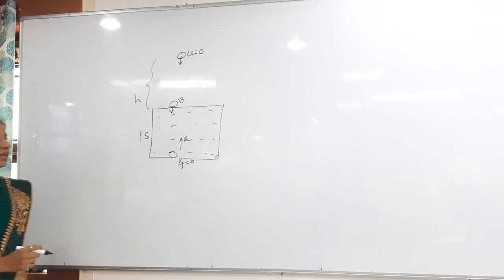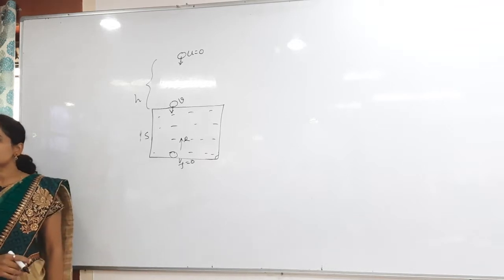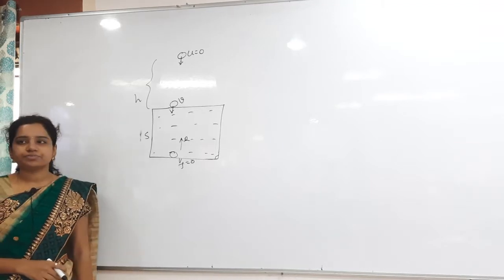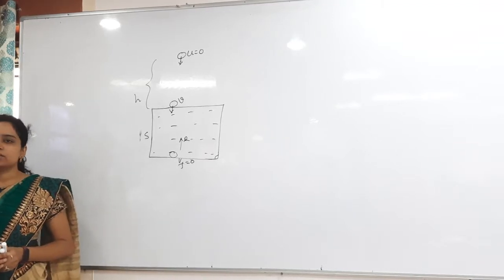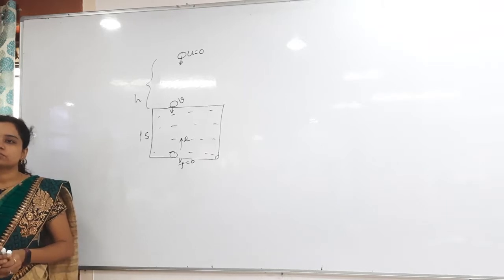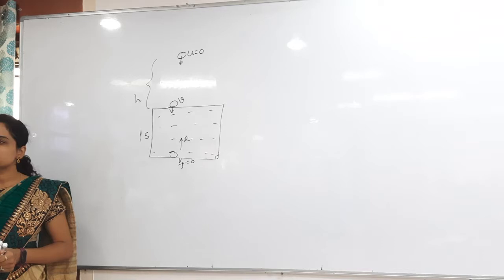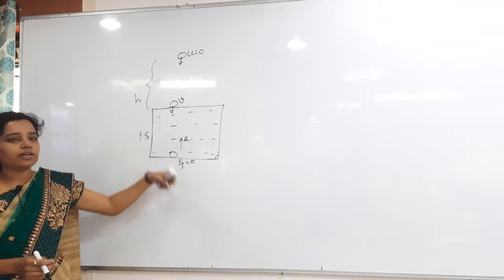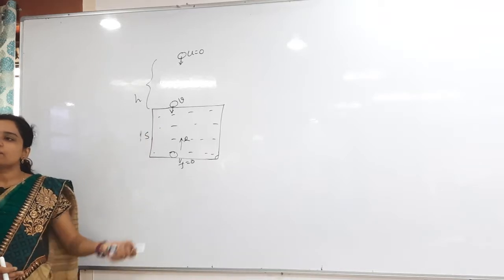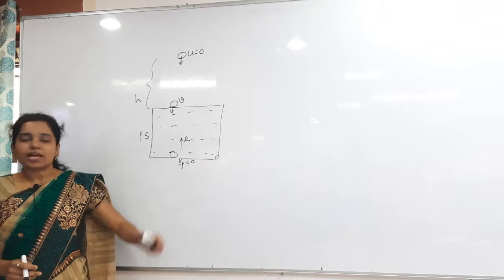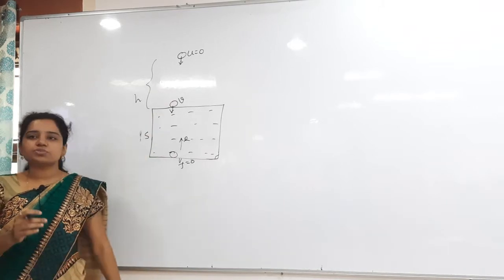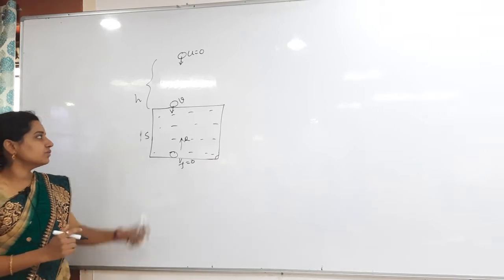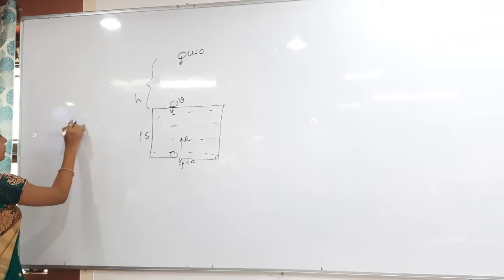For that, first of all, you have to take the work done equals change in the kinetic energy. Here, how many works do we have first of all? Two works inside the sand, totally two works only. Up to the sand it is moving under gravity. Inside the sand also it is moving under gravity, but the resistance force is also extra applying. So up to entering the sand, it is just moving under gravity. So what will we get directly? mgh we will get. First of all, in the air, we will calculate about the air.